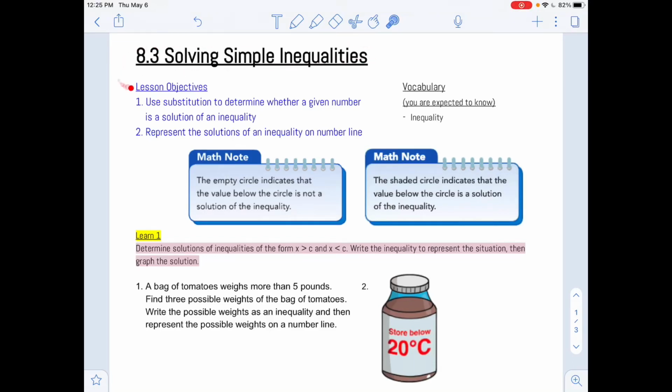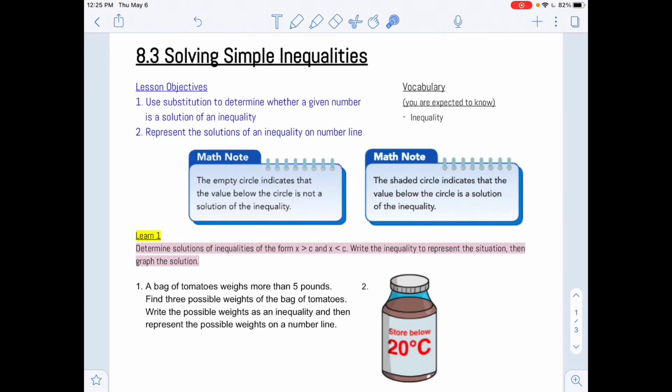Moving on to section 8.3, we're going to be looking at how to solve simple inequalities. And so our goals are going to be able to use substitution to determine whether a given number is a solution to an inequality or represent the solutions of an inequality on a number line. And when we talk about an inequality, that just means that there might be more than one possible answer for our problem. Okay, it's not always equal to one exact number,